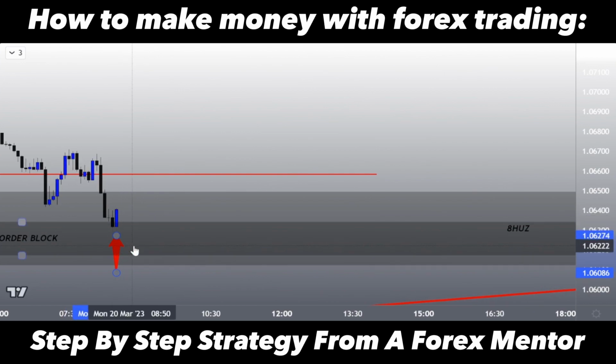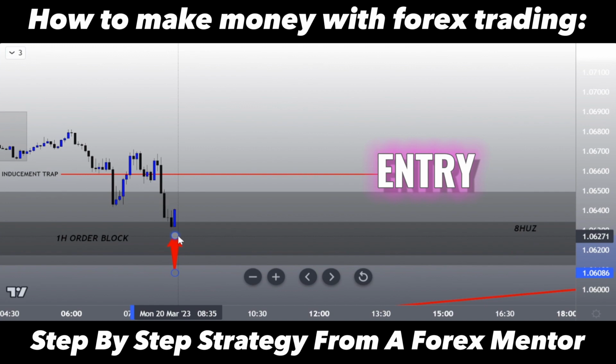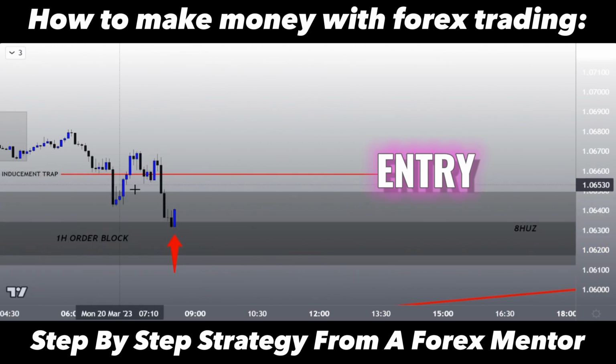I've backtested this time and time again. I've spent many months and years backtesting this on a day-to-day basis. And whenever price reaches this order block, usually 5 minutes is sufficient. It's sufficient enough for us to place an entry. So right there